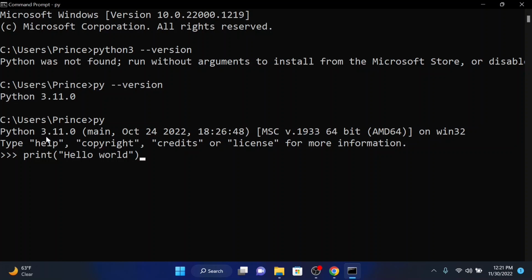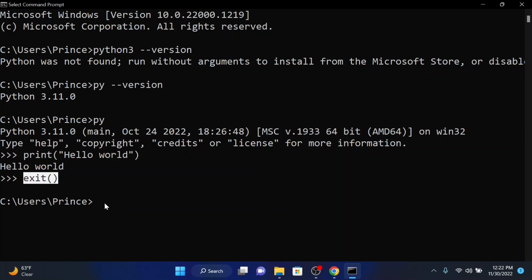So we're going to say print, then parentheses, then quotes, and then hello world, or whatever you want to type in. Make sure that you close the quotation afterwards and then close the parentheses. If I press enter right now, it's just going to print hello world, and congratulations, that's your first Python program. So good. You can exit out by saying exit and then opening and closing parentheses. We're going to look at what all this is later on as we go along through the course.